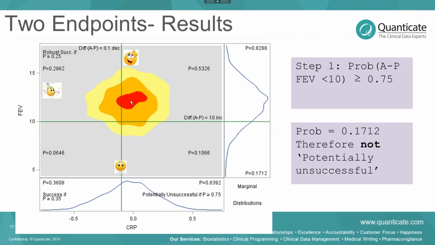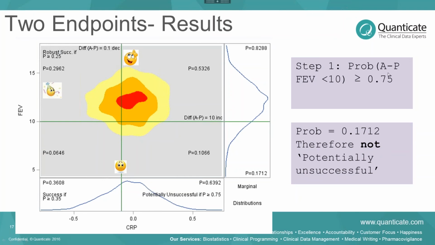And then along here, you've got the same thing with CRP. So the most likely outcome, you're in this quadrant here. Ideally, we want it to be here, because that means that the FEV is more than 10 and the CRP is less than minus 0.1. And the probability,